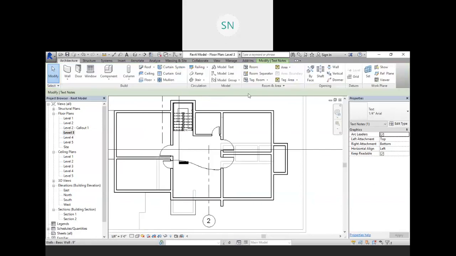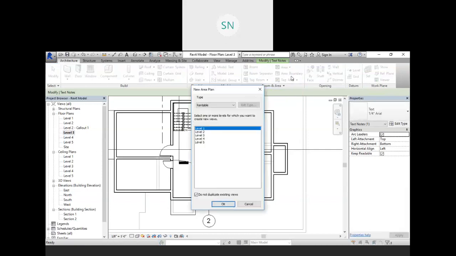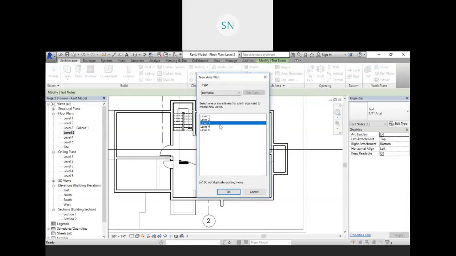Here we have room and area calculation. We can create a room plan also and we can create an area plan also. If you want to create an area plan, then first go to the area drop down and click on the area plan. Then you need to select which level you want to convert into an area plan. So I want level 3, this one, right?